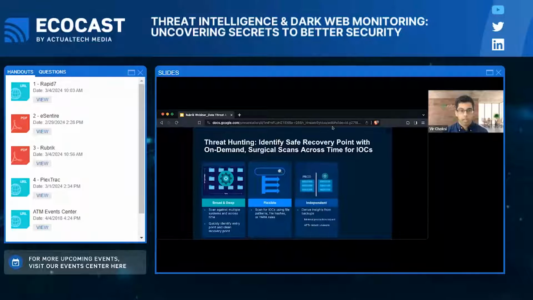And much like anomaly detection, threat hunts are done on backups, and thus there's no impact on your live production systems. Threat actors are unaware of ongoing hunts. And lastly, since Rubrik backups are immutable, you can identify IOCs that attackers have erased from production systems to cover their tracks. So in sum, threat hunting can shortcut the hunt for the point in time and the place where an adversary may have gained access to your infrastructure and help to define the clean recovery point so that you're not recovering with the malware still in place.